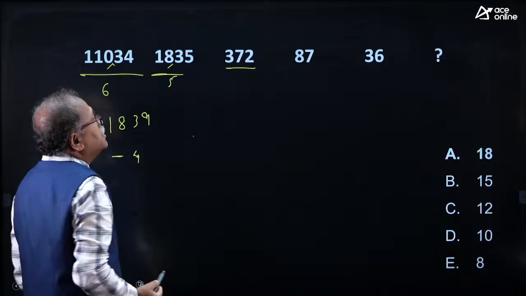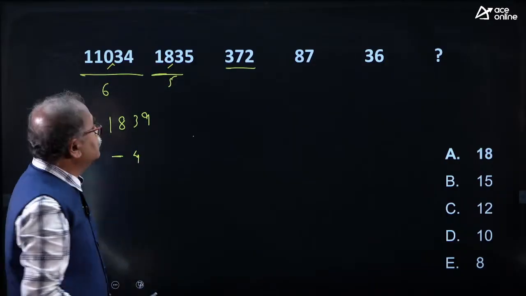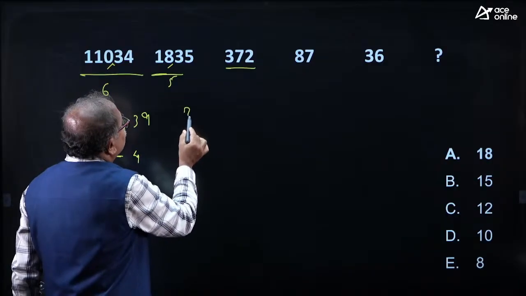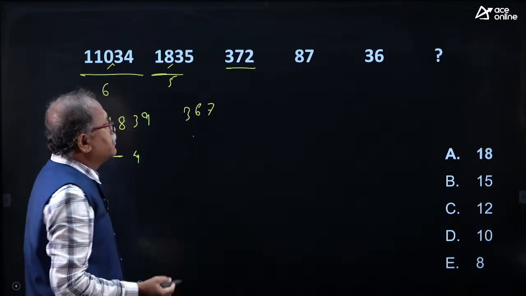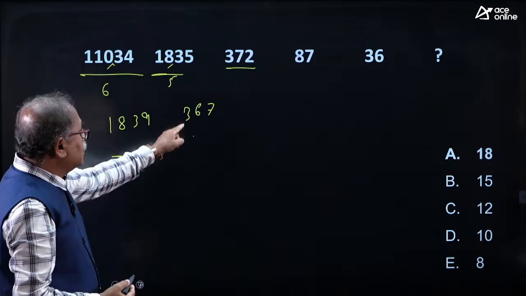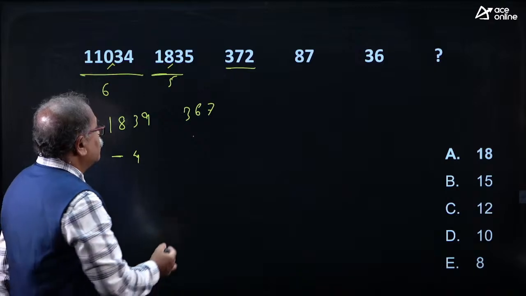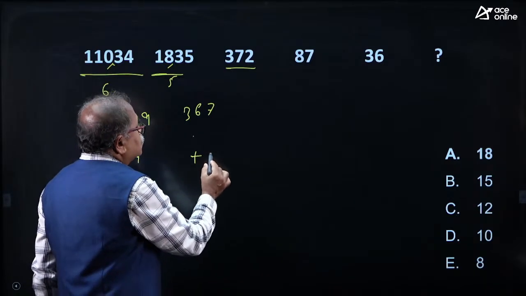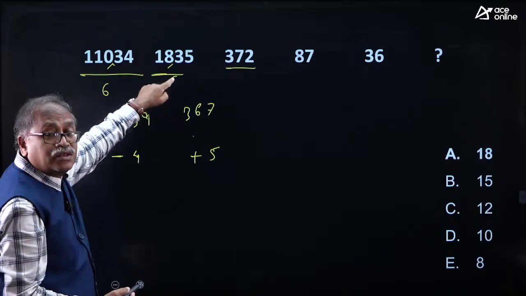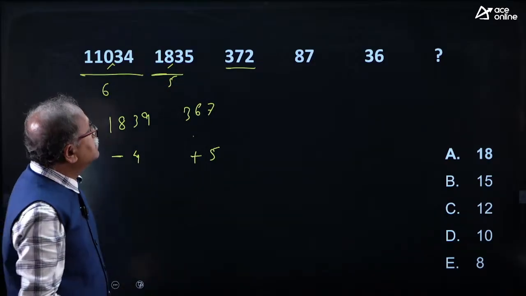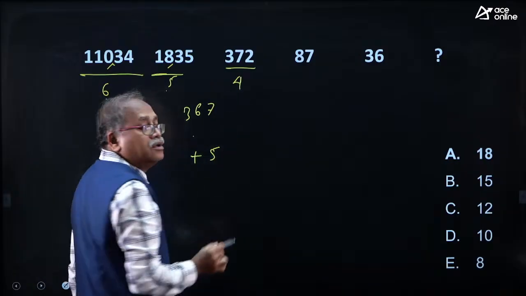It is a very clear indication that if you divide this number by 5, you are getting a number closer to this. So, 5.3 is 15, and 5.6 is 30, and 5.7 is 35. I am getting 367 here, whereas 372. How much is added here? So, obviously 5 is added here. Here it says subtraction, the next is addition, the next as 6 and 5,